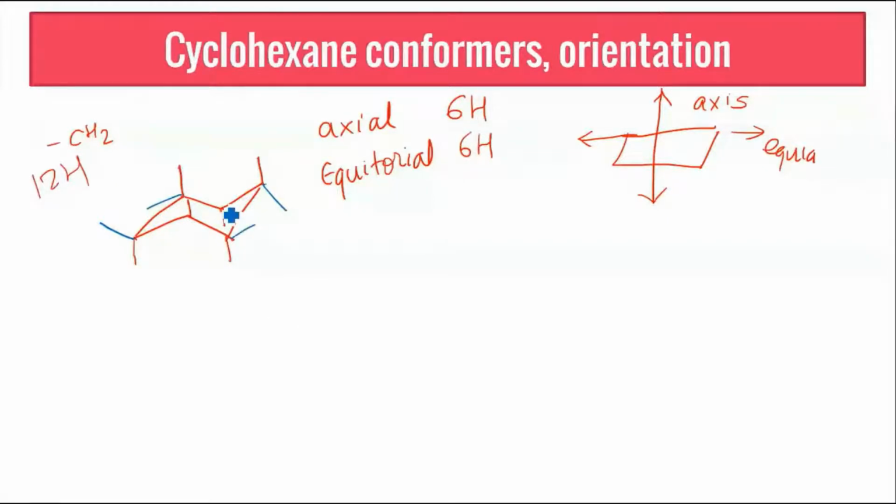Now, those who have a confusion in drawing equatorial bonds for this and this carbon, most of you land up drawing the equatorial bond for this carbon in this manner. This is an incorrect representation, which means, agar samjha nahi hai to, I cannot draw the equatorial bond like this, which is an incorrect representation because carbon is a tetrahedral structure, not a tetrahedron like this.